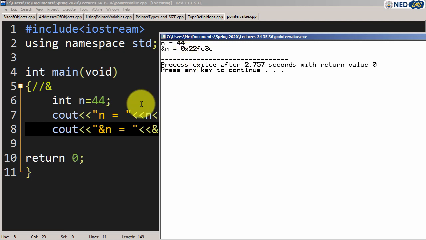It's a 64-bit system, right? My computer is a 64-bit system, so I should be having addresses going from all zeros to 8f, but this is such a large memory space that it's not displaying the leading zeros, which are not significant. So it's actually 22fe3c, but it's not displaying that. The important thing to remember is that n is stored at this location, 3c, and the next byte would be 3d, then 3e, then 3f. Since the address of n is the very first byte, how do we know